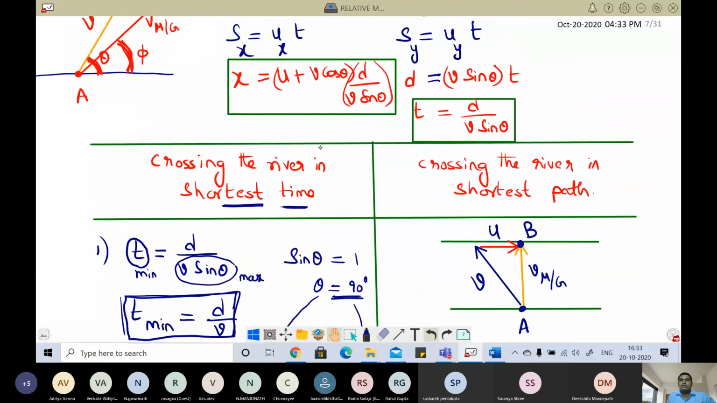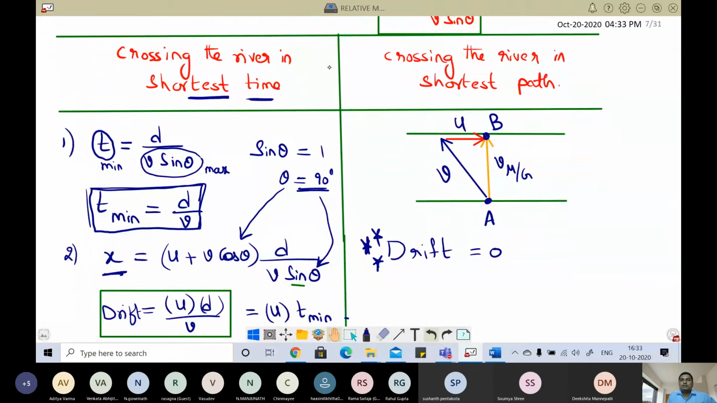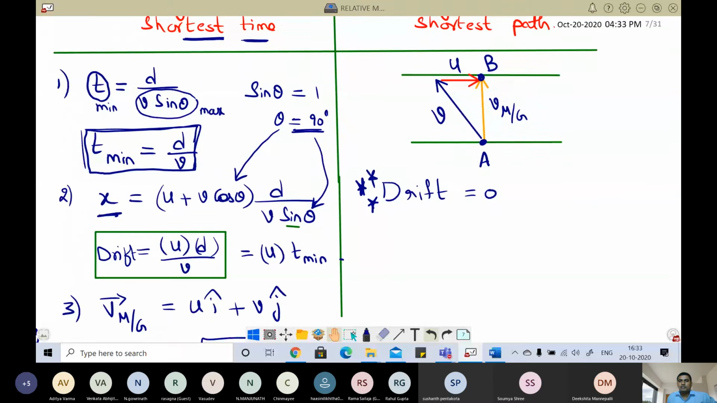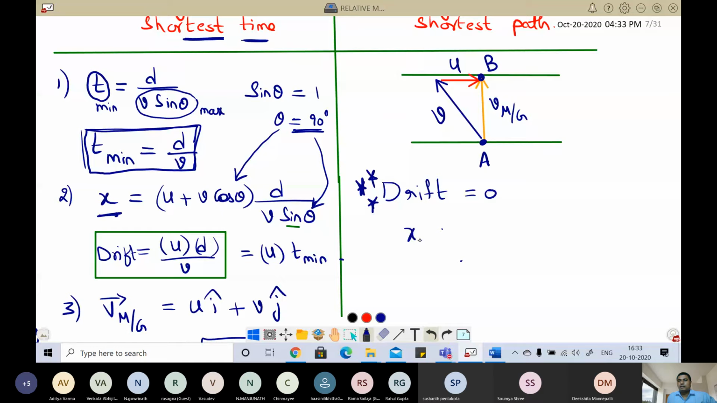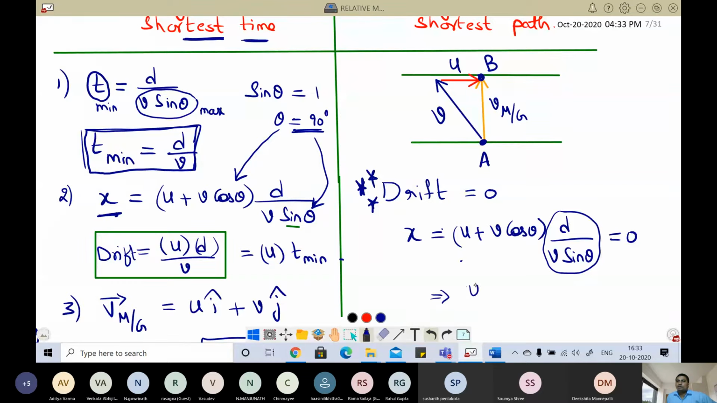So now we got the expression for drift: u plus v cos theta. First let me write the expression for drift. So I got x equal to u plus v cos theta into d by v sin theta should be equal to 0. Now if it has to be 0, then this entire part will be 0. So this implies u plus v cos theta is equal to 0,